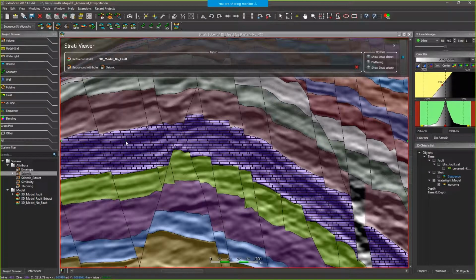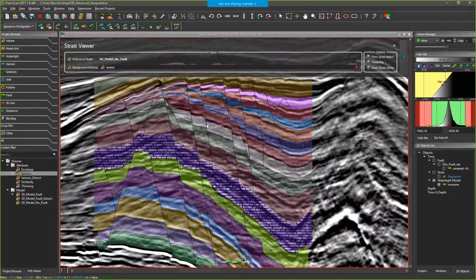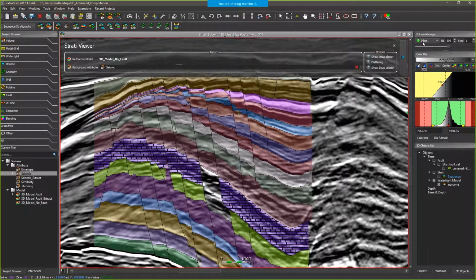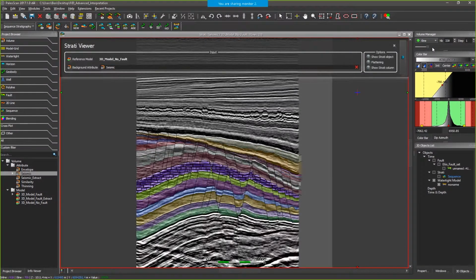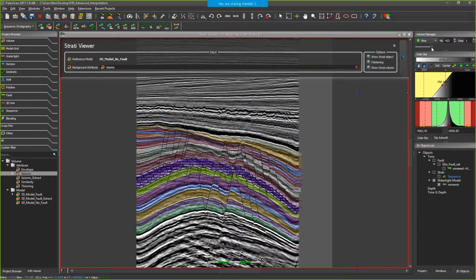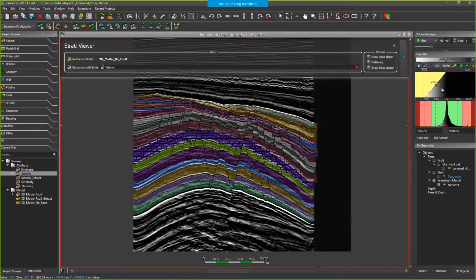Like this you can really customize your watertight model, and of course you can navigate. You can switch to crossline, for example, to navigate and find the watertight model. I can also play with the seismic.